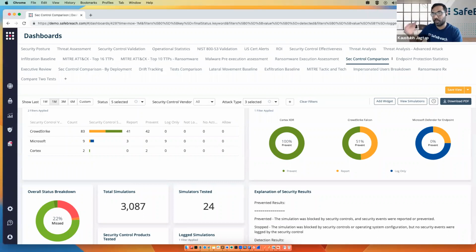We have a question here. What percentage of attack simulation coverage is available compared to MITRE ATT&CK? It's fortunate you asked this question right now, because we just received data this morning from our research and